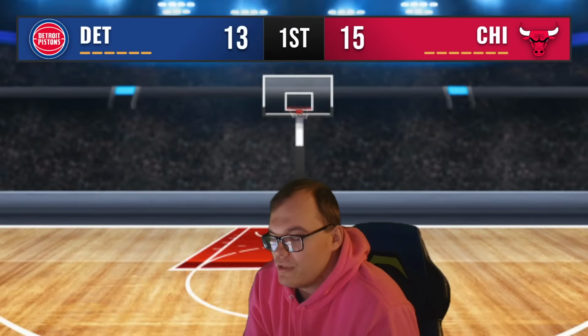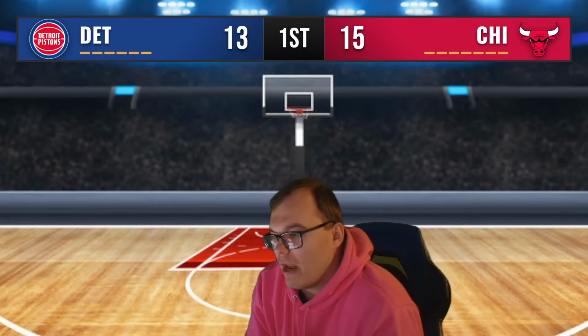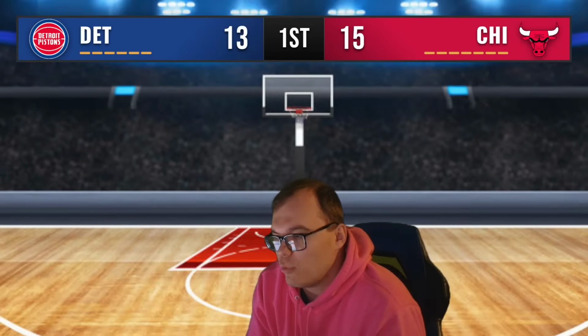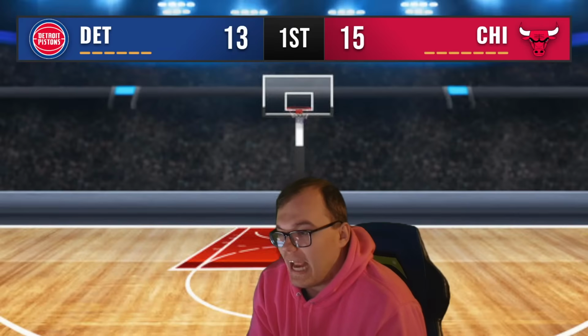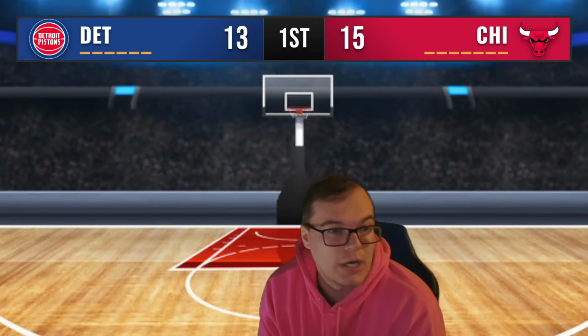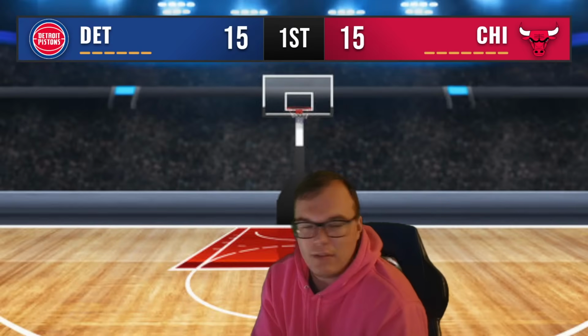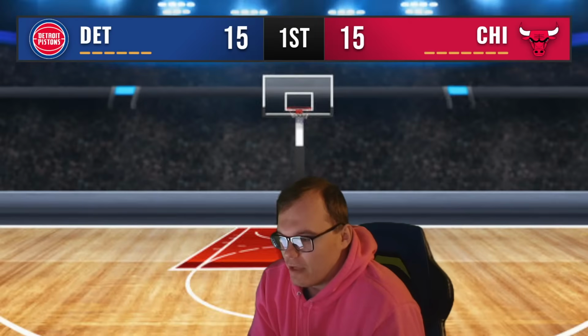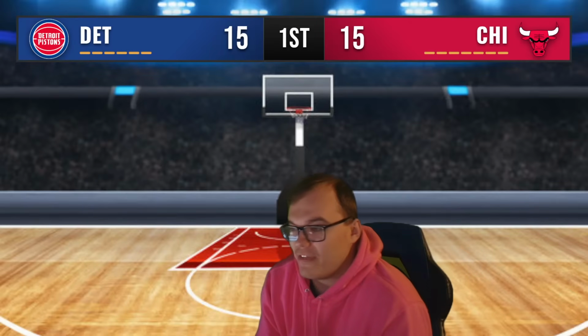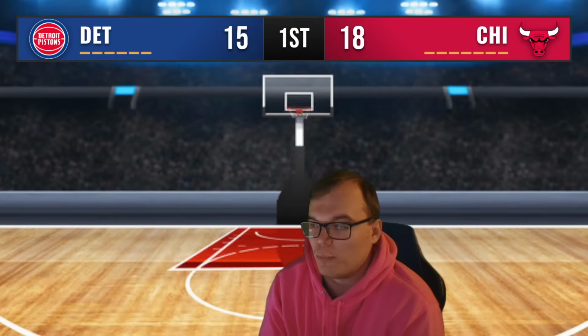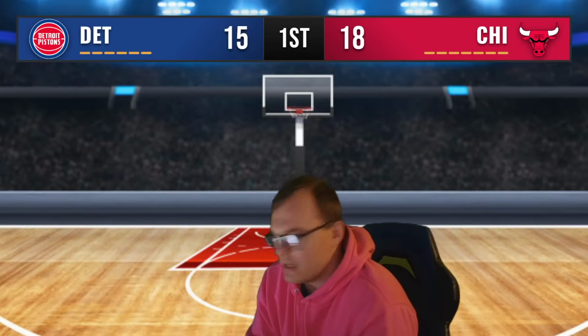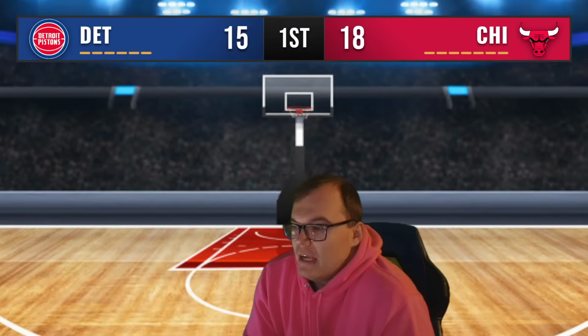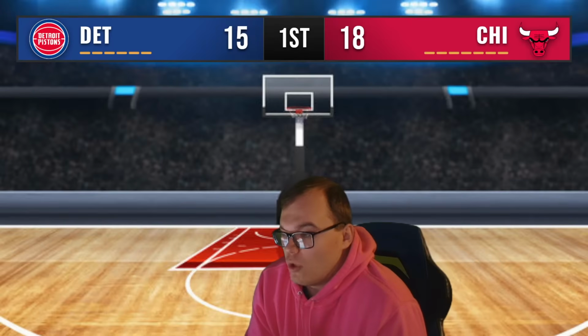Boarded by Duncan Robinson. Upside to Cade Cunningham, back the other way, working one-on-one against Mates on the left wing here. Pistons down by 2 with 7 minutes left to play in the first quarter. Cade, pick and roll action to find Jalen Duren underneath for the transition layup. 15-15 basketball game. Paul Reed loves it off the bench. You're going to see Paul Reed's name tonight. Again, no Isaiah Stewart from that suspension. Smith knocks down a huge 3 for the Chicago Bulls. Puts them back up by 3. 18-15 basketball game. 6:45 left to play in the first quarter.